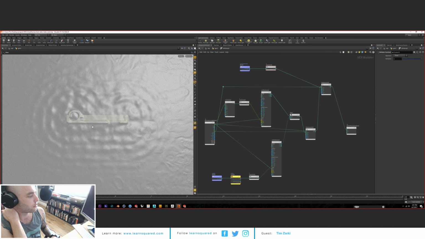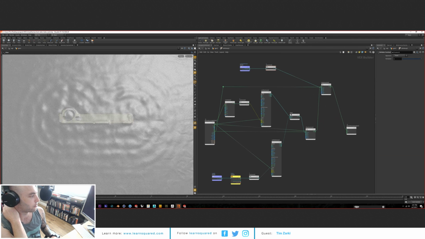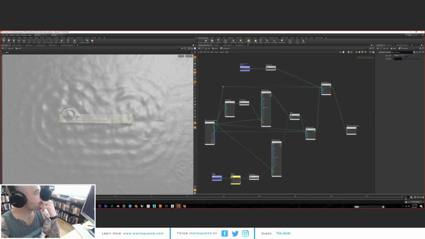So what's happening here is I'm basically taking the body of the camera and creating an attribute that spreads outwards from it. You can see that the ripples follow the shape of the camera if you were to blow them out or offset them, I guess. So I have a process that's taking the shape of the camera,